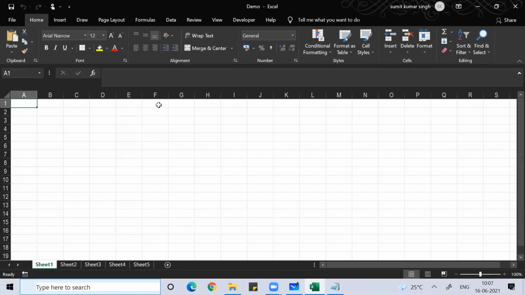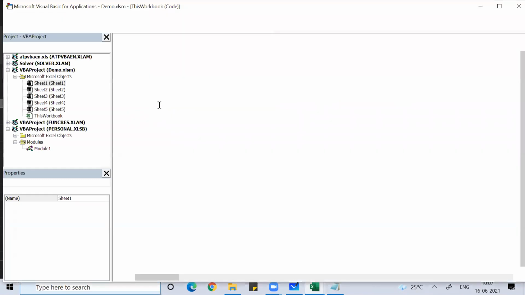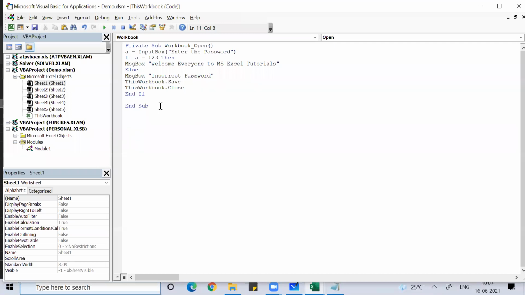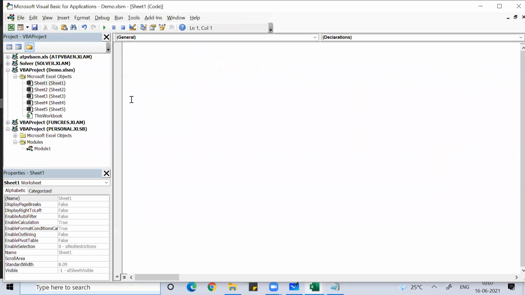To work on more programs, you can check the date and time. Press Alt F11. For checking date and time, you can go to any worksheet and write Sub, then give any name, such as date and time.